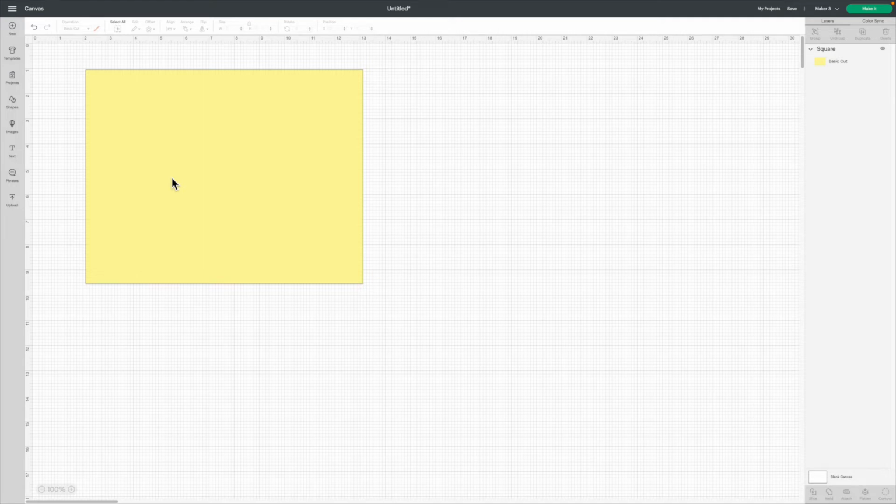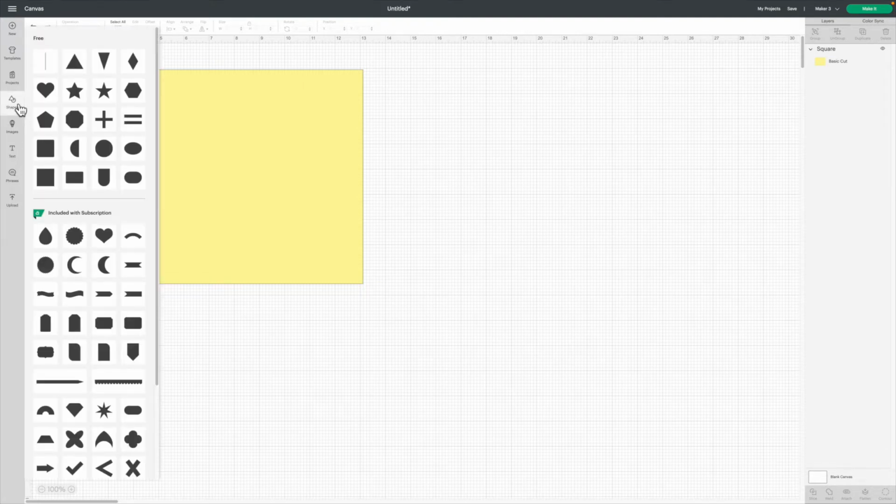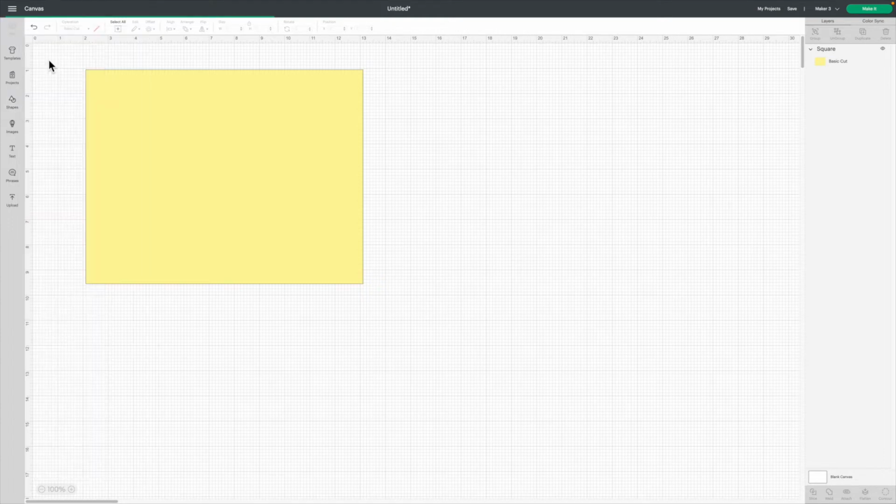The card needs to have a score line or a crease down the center so it can be precisely folded. You can add a score line by clicking on the shape, and you'll see at the very bottom right corner will actually appear. There's a score line option. See? Click it to add it to your project. You can drag and place your score line in the middle of your card. Make sure that it goes from the top of our card to the bottom.